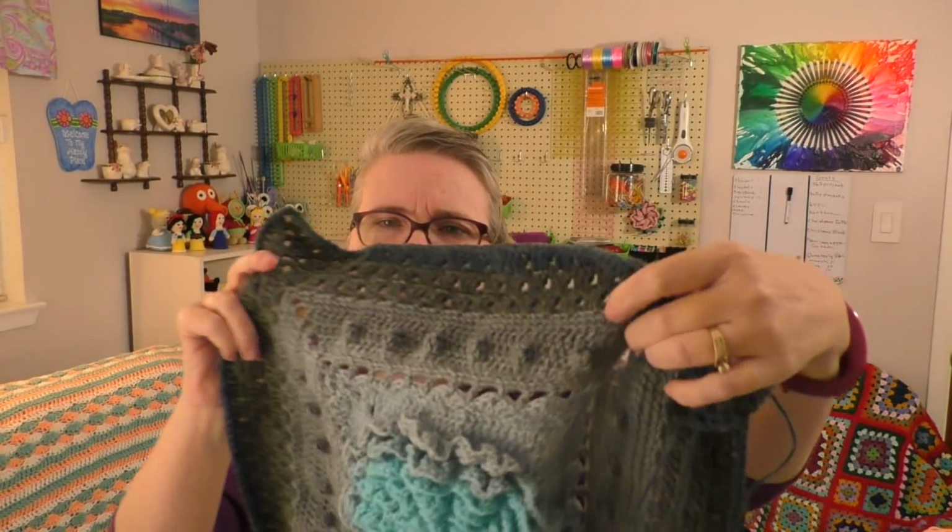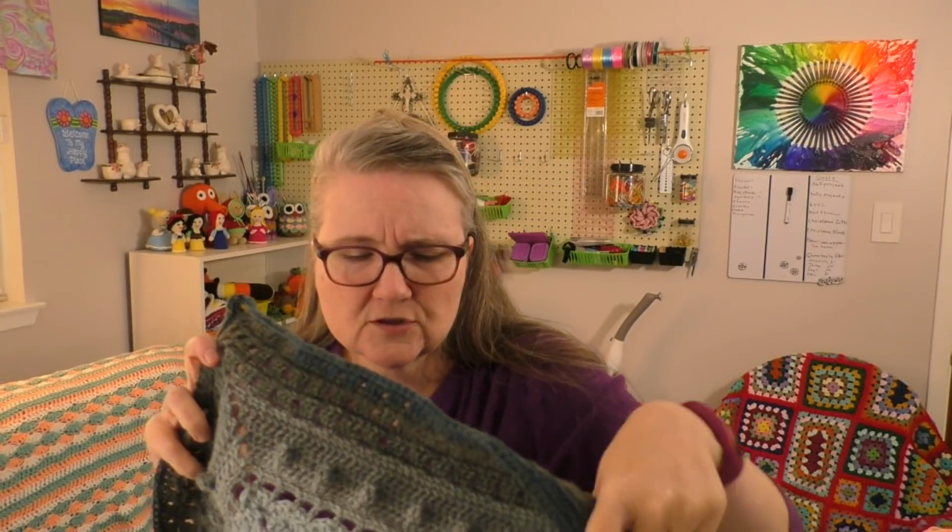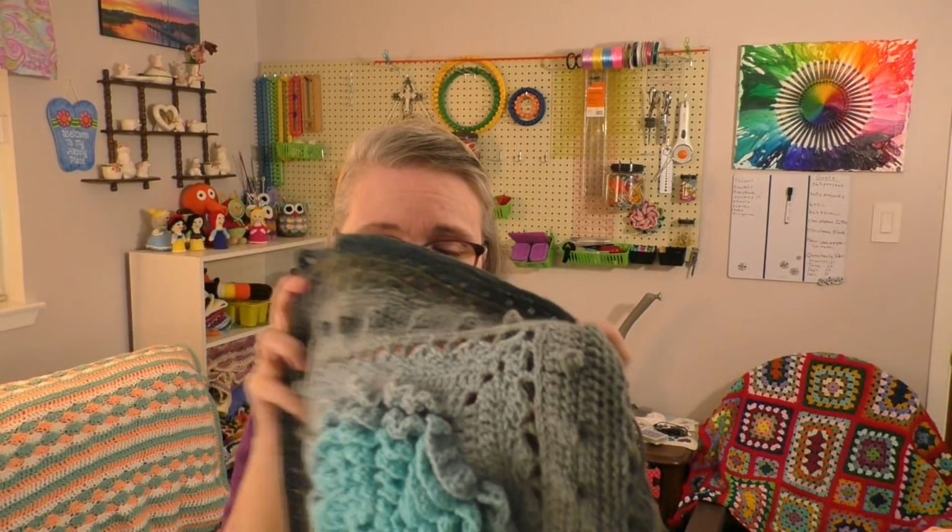No, just square. I think what she did, the lady that designed it, she turned it into a cushion. And she enlarged it and then turned it into a cushion. Okay, so